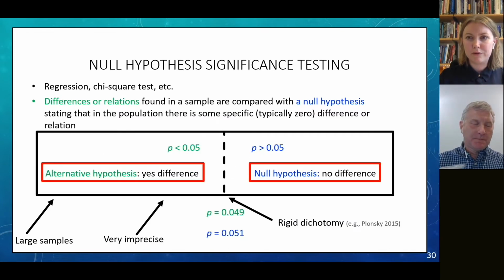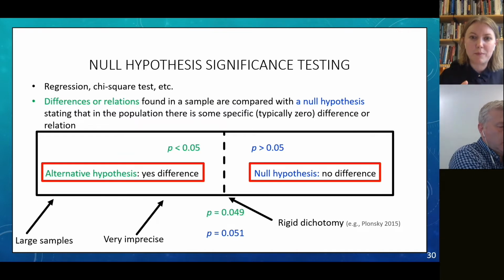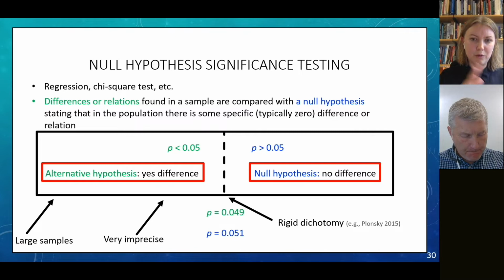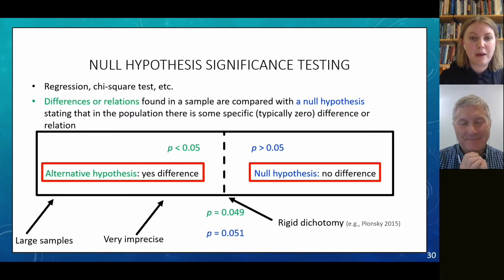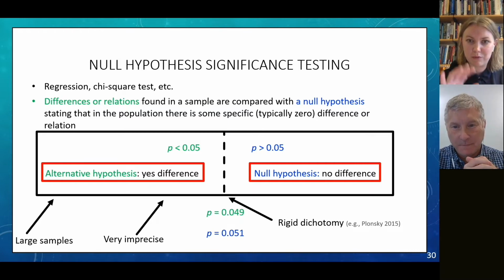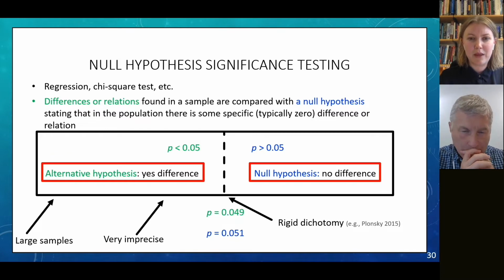So just to talk a little bit more about that, we have this null hypothesis saying, okay, there's no difference, and potentially we could have other null hypotheses too, and then we have this alternative hypothesis saying, yes, there's a difference. And then we look at our p-values and we see that, okay, it's below 0.05, if that's our cutoff point, our alpha level, then we're good, we're in this alternative hypothesis, we can reject the null hypothesis. And if it's above 0.05, then, sorry, we can't reject the null hypothesis.